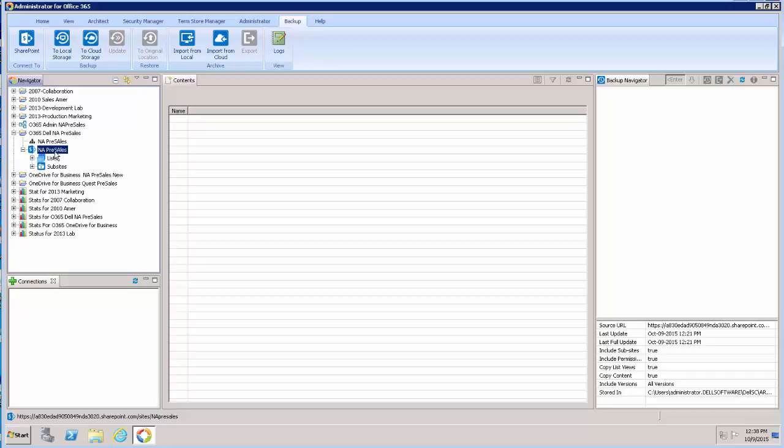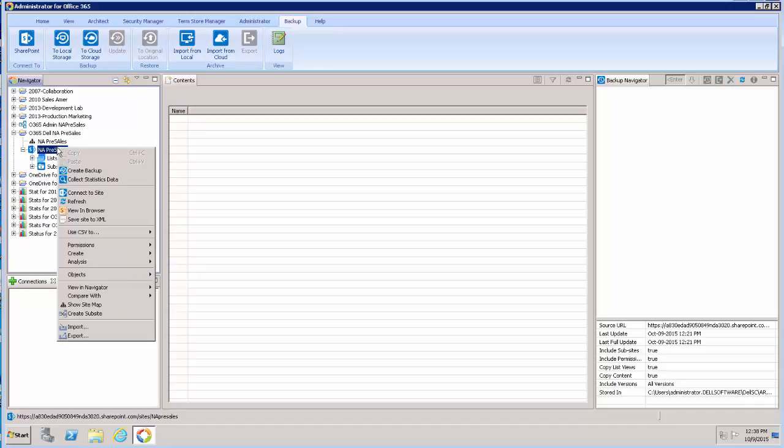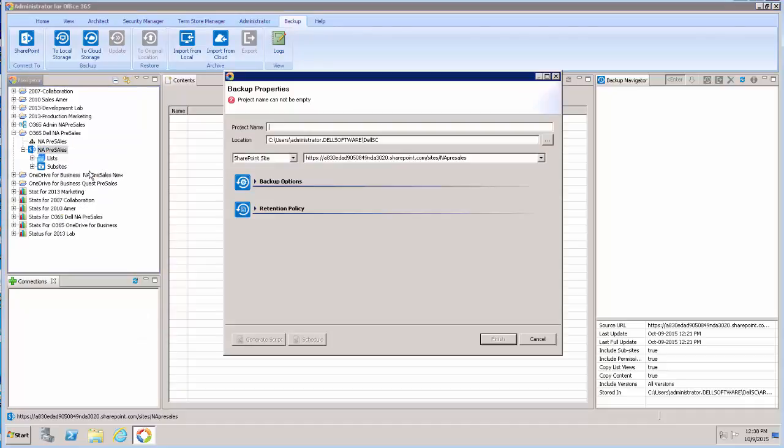To get to the backup options, you can either select it from the Backup tab on the ribbon, or you can right-click the site or site collection or OneDrive and select Create Backup. Both options get you to the same point. The first thing that you're going to want to do is enter a meaningful project name. In our case, I'm going to use